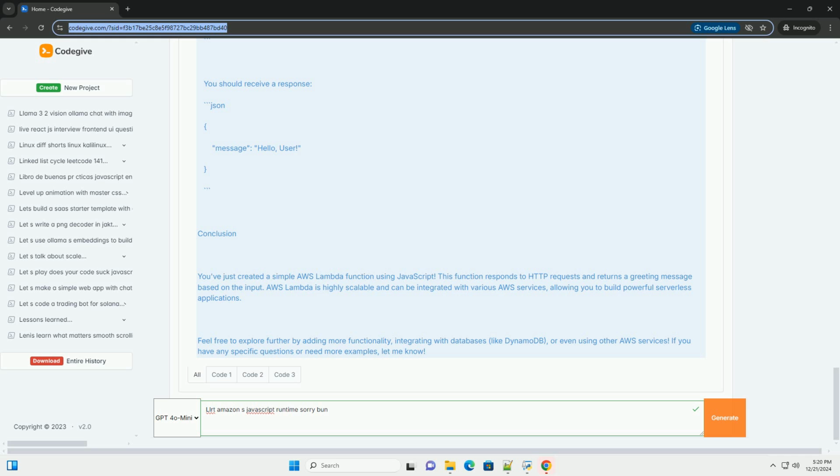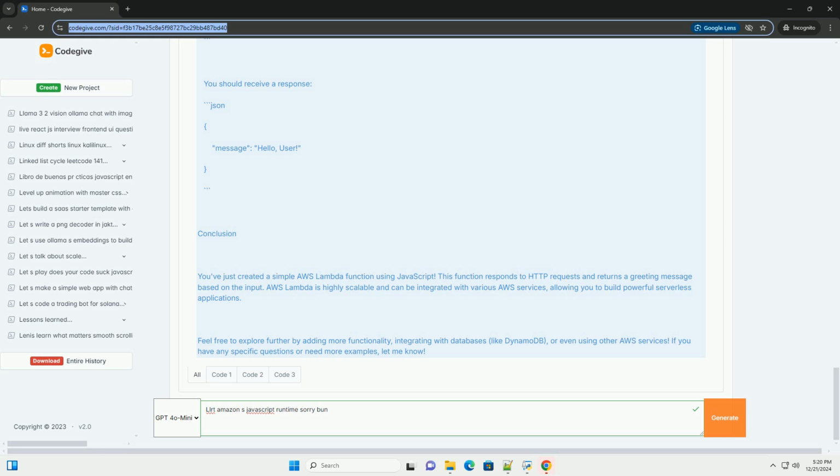Here is a sample code snippet for a simple Lambda function that returns a greeting message. JavaScript. exports.handler = async (event) => { const name = event.queryStringParameters && event.queryStringParameters.name || 'world'; const message = `Hello, ${name}`; const response = { statusCode: 200, body: JSON.stringify(message) }; return response; }